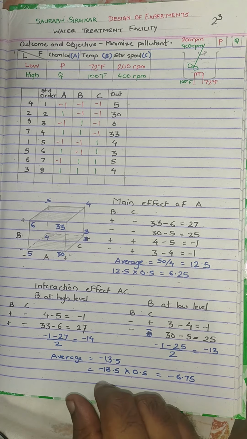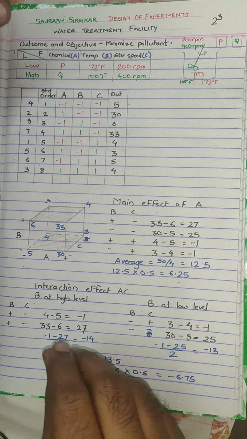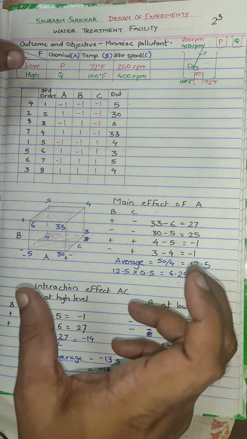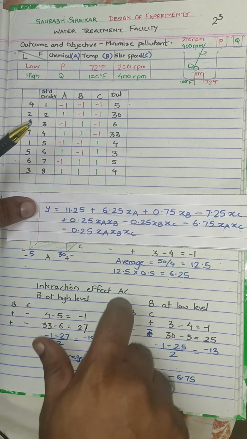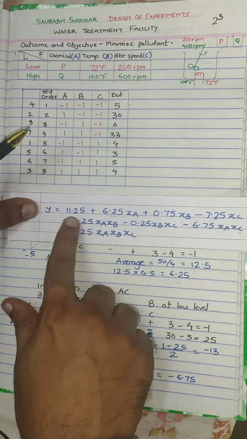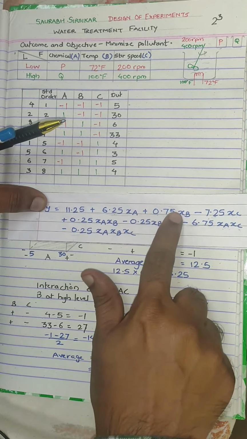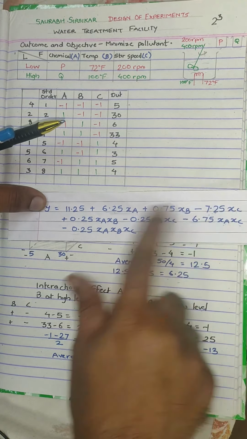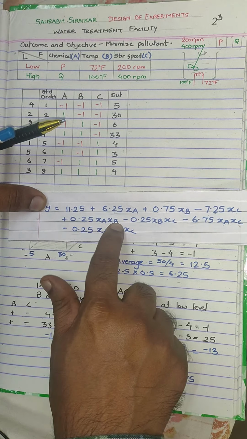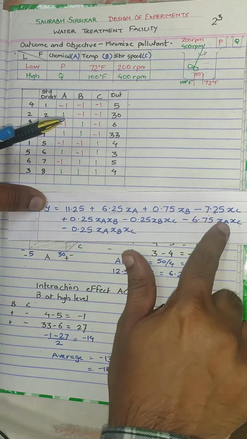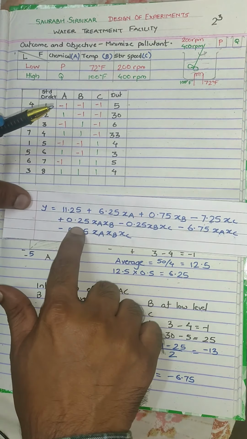So I am going to show you a very easy method to do all these calculations, and you will be so comfortable in finding the predictive model like this. So I have found the predictive model for this experiment here. You can see that the predictive model has terms for main effect of A, main effect of B, main effect of C. These are the interaction effects on the second line. So XA, XB, so interaction of AB, interaction of BC, interaction of AC, and the interaction of ABC. So all of it is there in the predictive model.